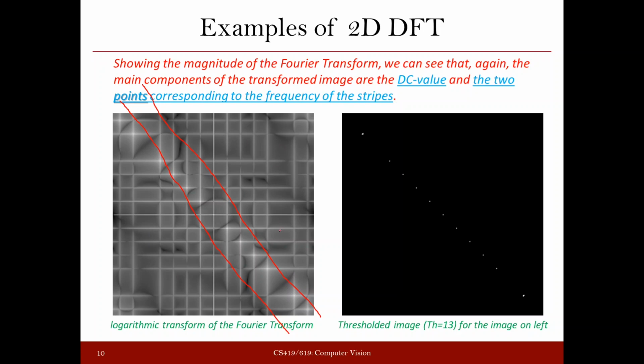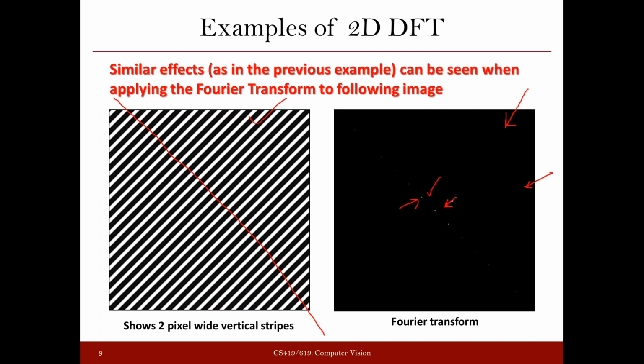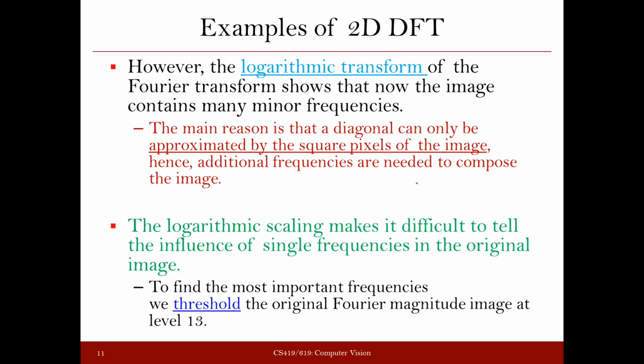And if you do the thresholding on this, you see that there are quite a lot of visible white spots here. But please remember, this is in the log scale. That is why you are seeing so many. But in the original scale, their value is relatively very small. So that is why in the previous example, in this diagram, we have only shown the one major frequency, which is here.